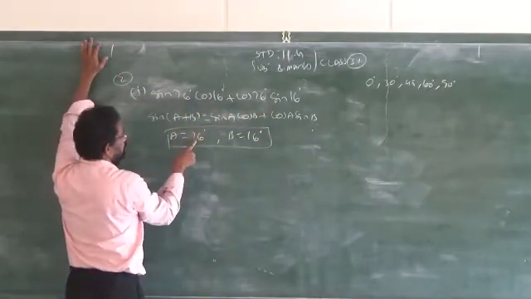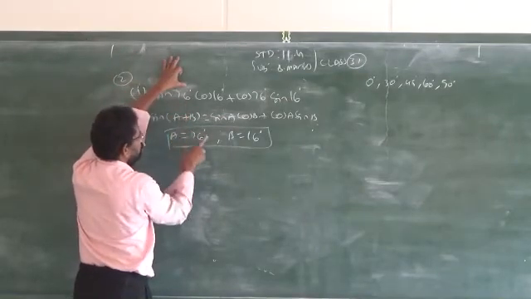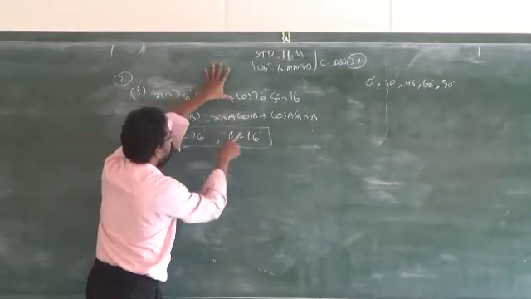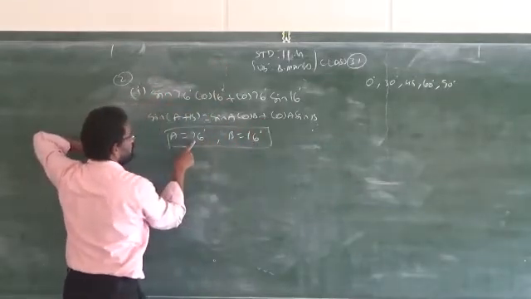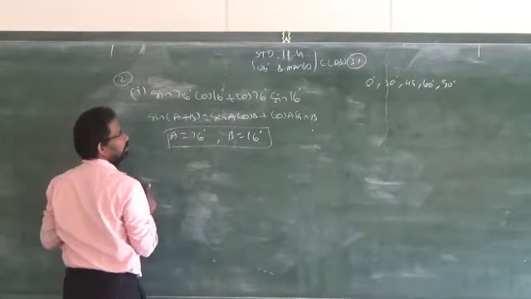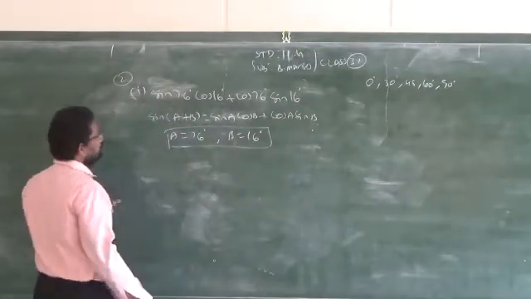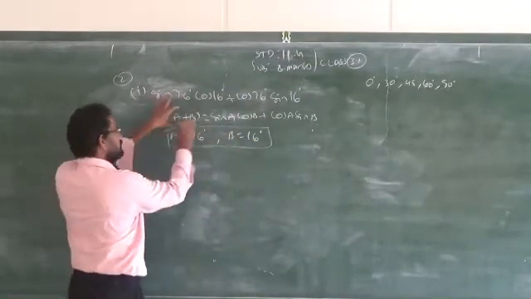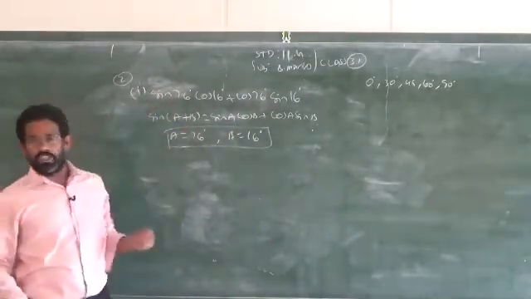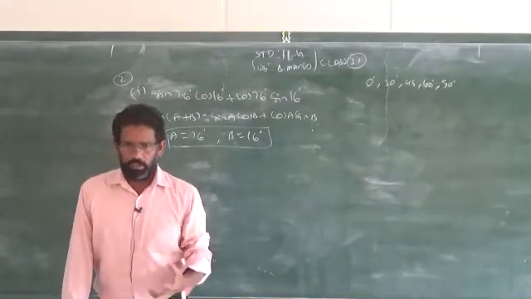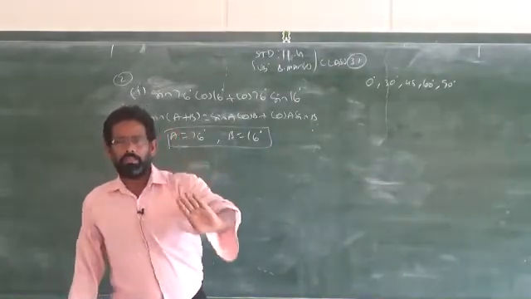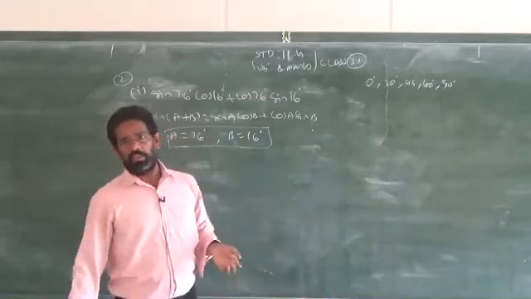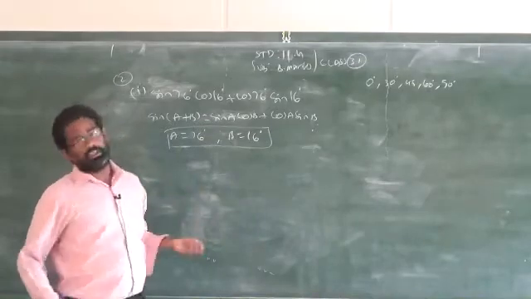See, sin A is sin 76, into B is replaced by 16, cos 16, then plus A is how much? 76, cos 76 into what is B? 16 degree. So now the right side of this formula is given. This is the general formula for A plus B, that's what I told you. This is called an identity. So if it is an equal to symbol, the right side will give the left side answer, and the left side will give the right hand side answer. Clear? So that's why it is called an identity.